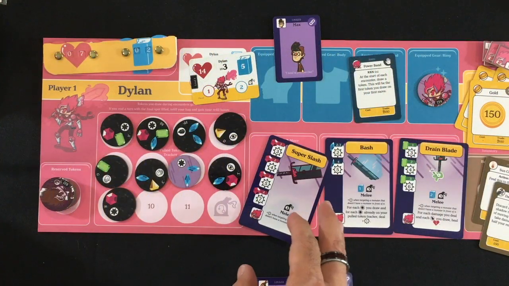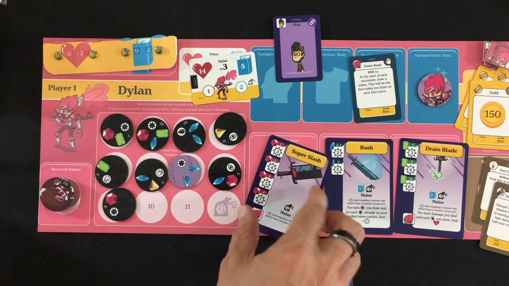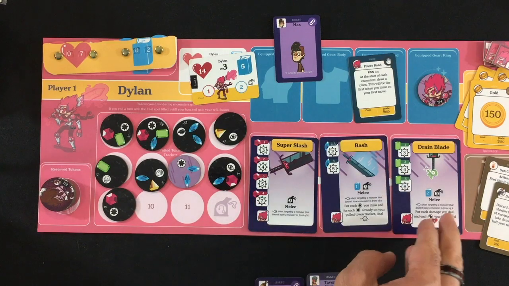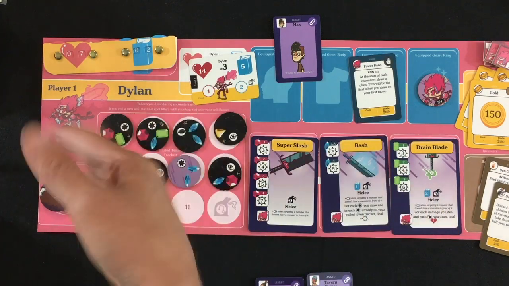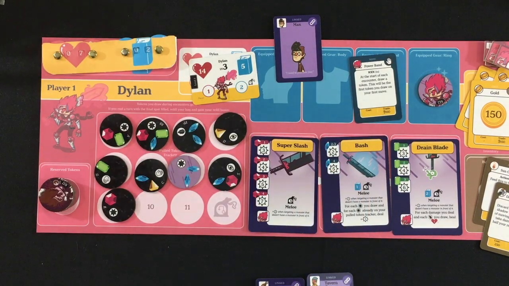All right, let's see. Dylan has drawn a ton of blues and a good mix of reds and greens. So he could either go for green or for red. Green tends to do a little bit more damage, but would use up all of his mana. He doesn't really need the healing. So I think I'm going to have him do a red attack on the flower eyes, the corrupted one that's